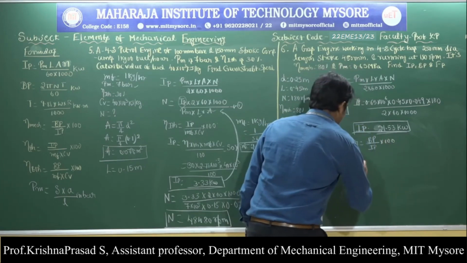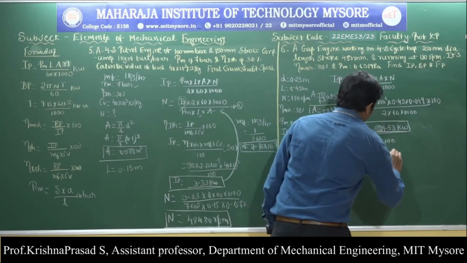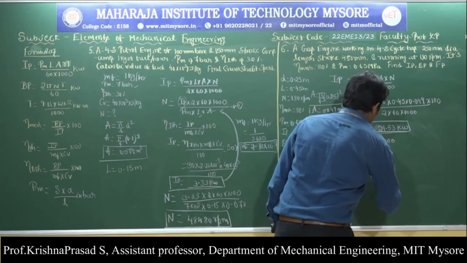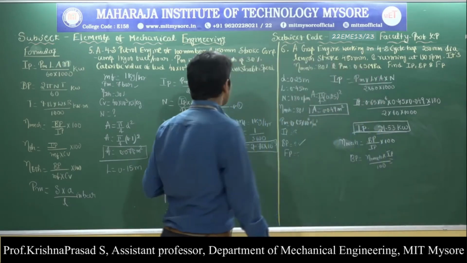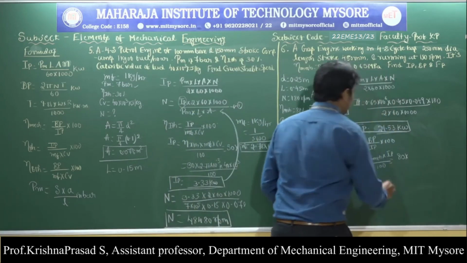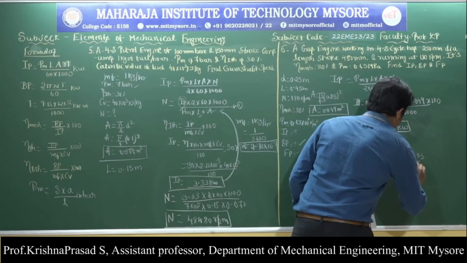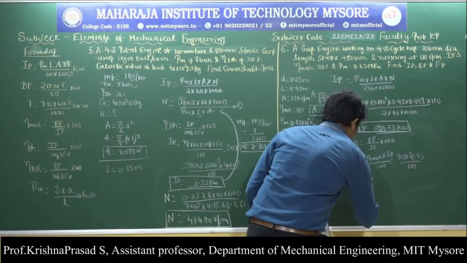So BP is equal to mechanical efficiency into IP divided by 100. What mechanical efficiency have they given? It is 80%. So 80 into IP 21.53 divided by 100,